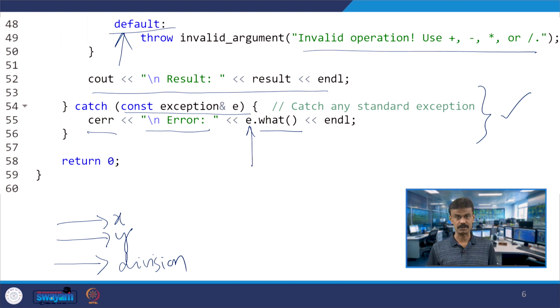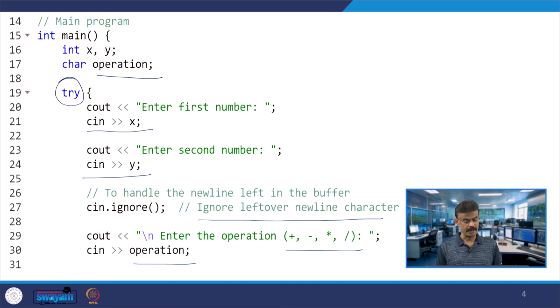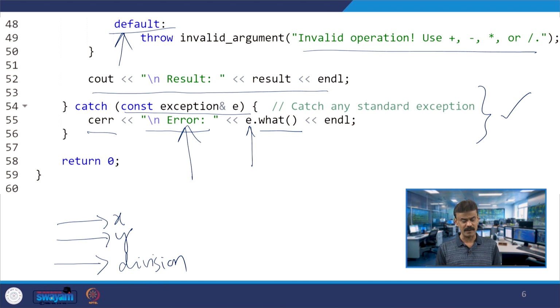You have the exception reference object e. The error will be printed, and this e is calling the what function, which is available in exception, this we had seen already.